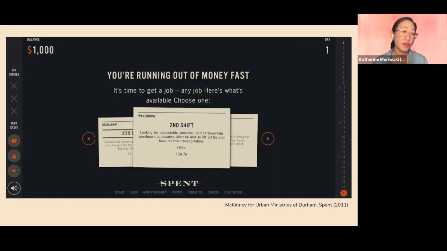which is the flip side, basically, of the myth of meritocracy, that if you work hard and you are talented, then you'll be rewarded financially. And so the flip side to that is that if you are not wealthy, or if you're poor, then somehow there must be something wrong with you. There must be something defective. You must not work hard enough, or you must not be talented enough. So this game is meant to counter that myth of meritocracy from the end of examining what it is like